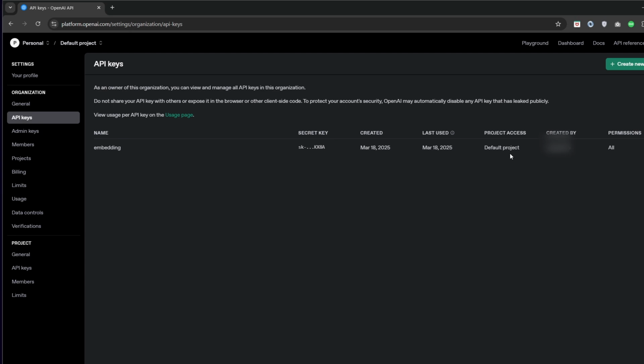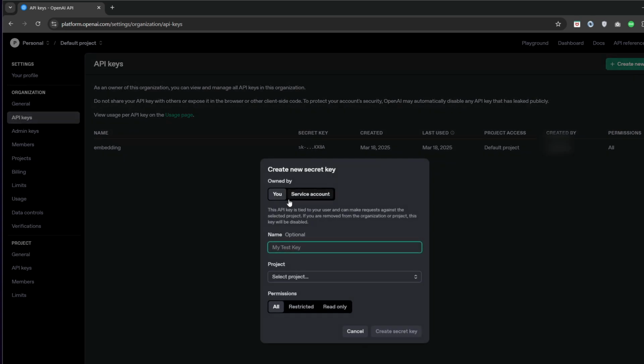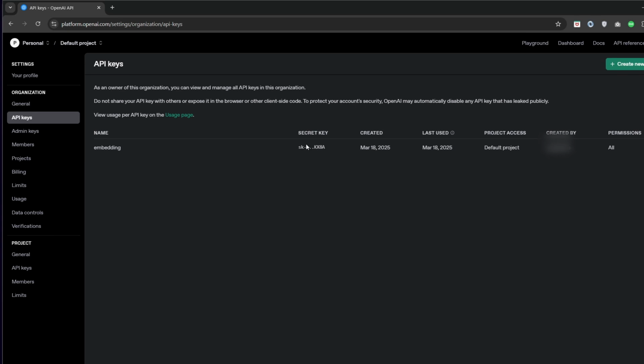To get your API key, head over to the OpenAI platform, go to Settings, API Keys, and create a new key. Copy and save it somewhere safe, like a text file, because you will not be able to see it again once you leave the page. I have already created my API secret key and am storing it to incorporate it into my